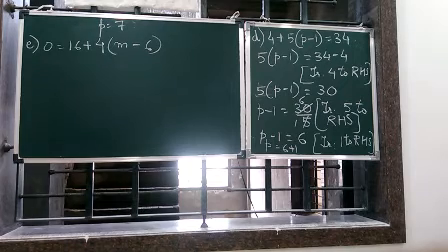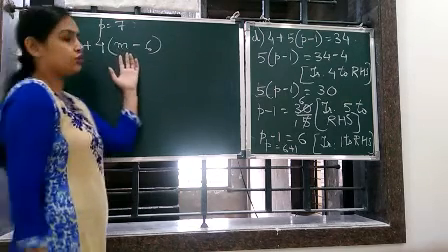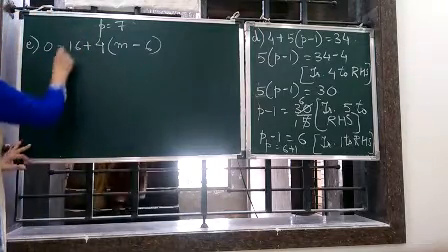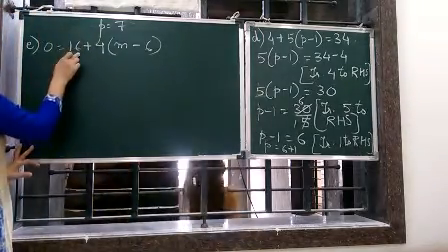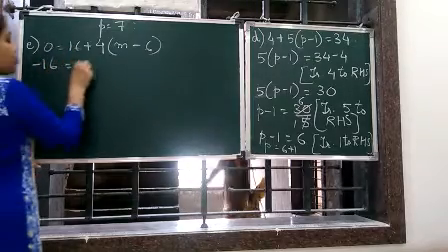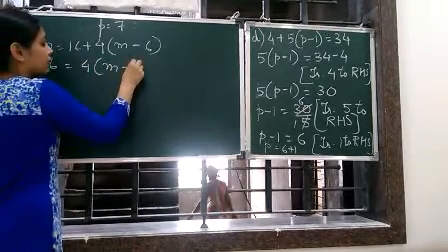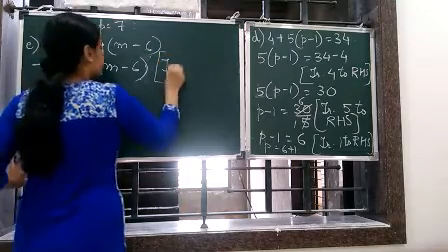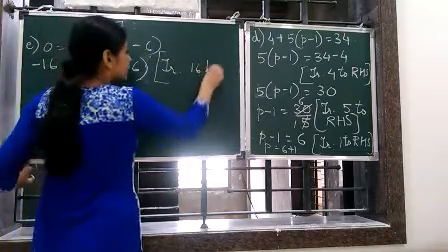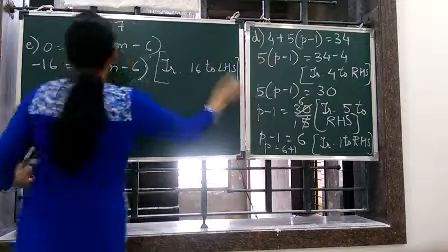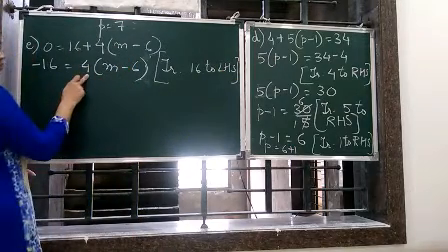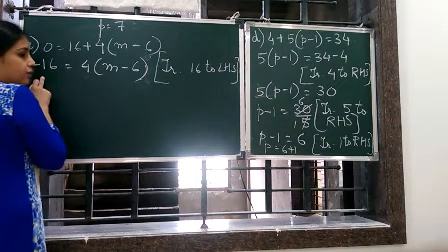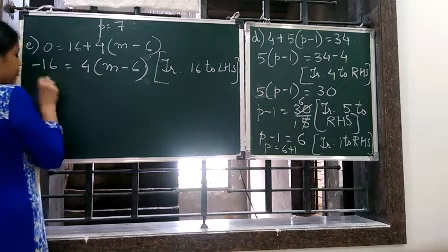Now you can see again the variable is in the RHS, so we are going to shift all the constants to the LHS. So first and foremost, we are going to shift the 16. So 16 is plus, it becomes minus. Minus 16 is equal to 4m minus 6, and we write here transposing 16 to LHS. Okay. Now this 4 will shift here, will be transposed. So it is what? It is in multiplication. It will become division.